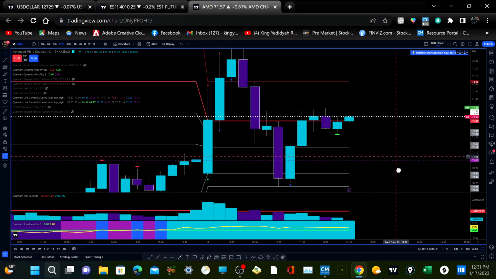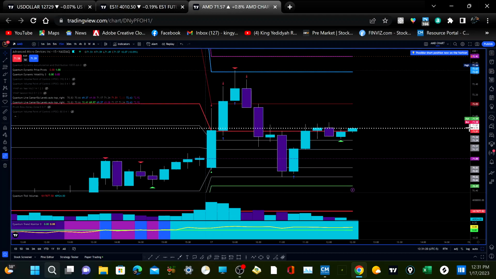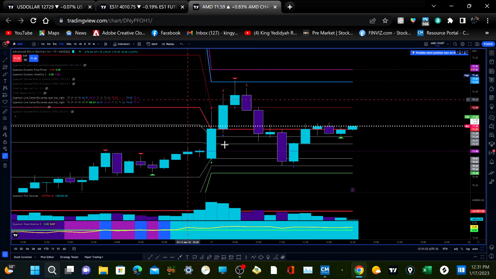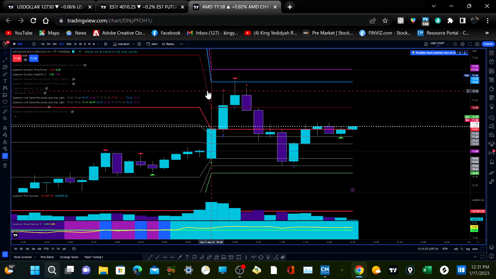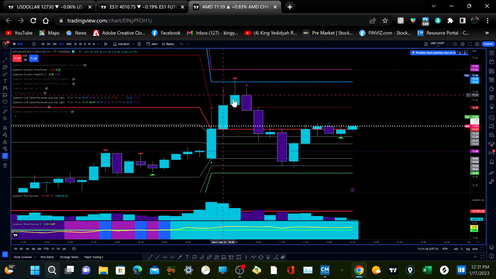My last trade there was a good trade, man. That mean reversion was a good trade, but the second trade I took today, that kind of messed me up. So all in all, I should be a little more patient on the open. If I try once and it doesn't work, wait for a better pattern of a reversal,